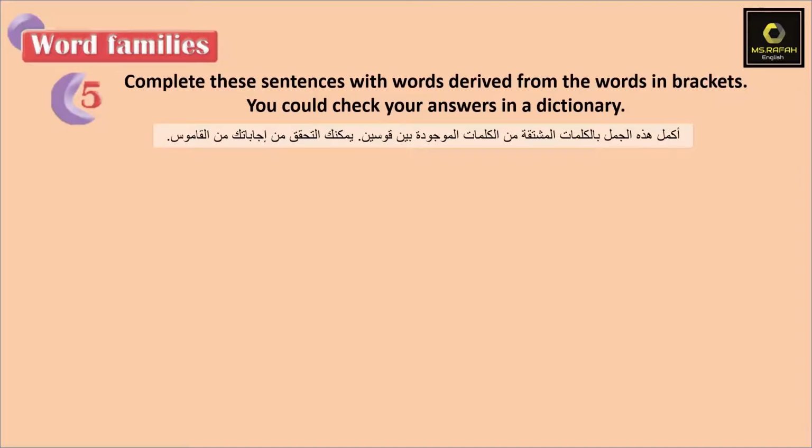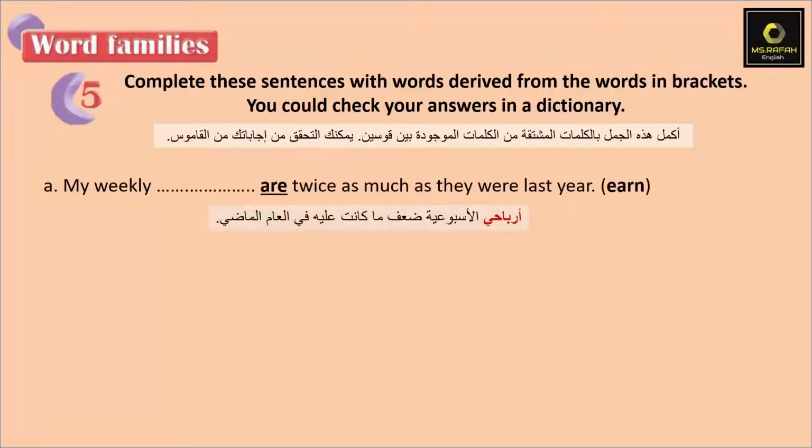Now let's start. My weekly earnings are twice as much as they were last year. هون رح نحط بالفراغ كلمة earn يكسب واللي هي فعل. طبعا بالفراغ رح تجي اسم لأن اجت قبل الفعل. فشو بتصير؟ شو الاسم من earn؟